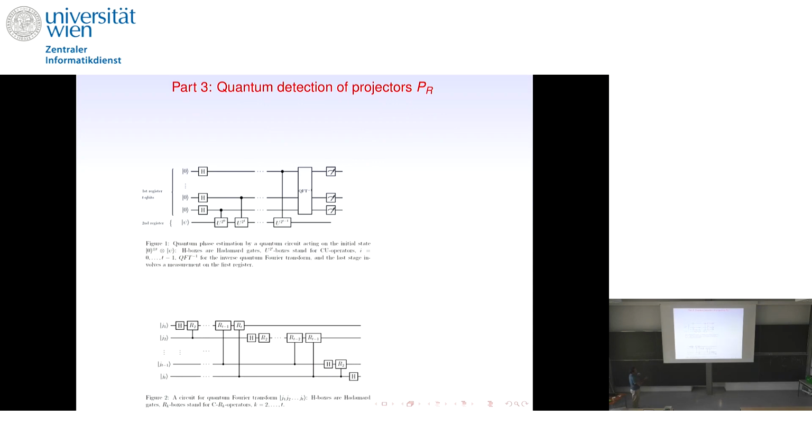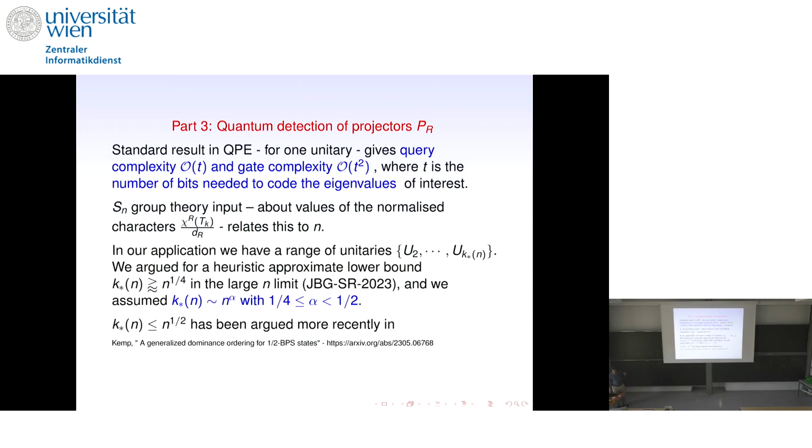You have the quantum state of interest. There's a bunch of register states, and the number of these register states depends on the accuracy with which you need to know this eigenvalue. And there's a bunch of Hadamard gates and powers of U, and then there's an inverse Fourier transform, which involves, again, Hadamard gates and rotations and some known stuff. No need to get into the details of that. The important thing is that there is a quantum phase estimation algorithm, and it is known that the query complexity is